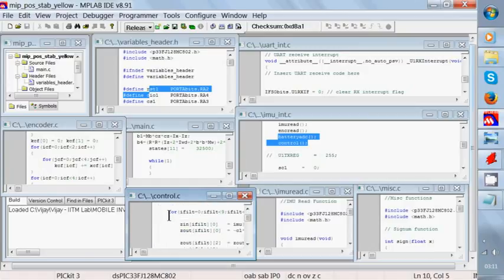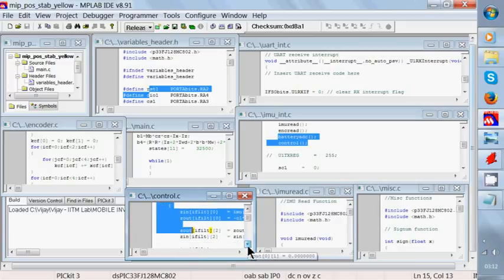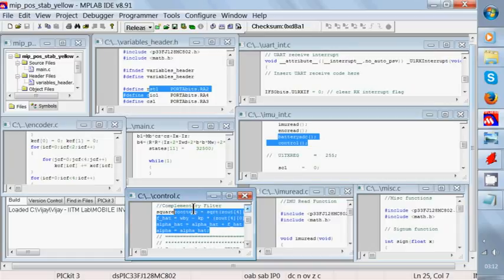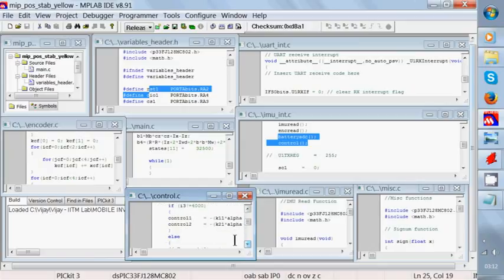All the filters are run in a for loop. The pitch angle is calculated using a complementary filter, and then whatever the desired control law has been designed is calculated,